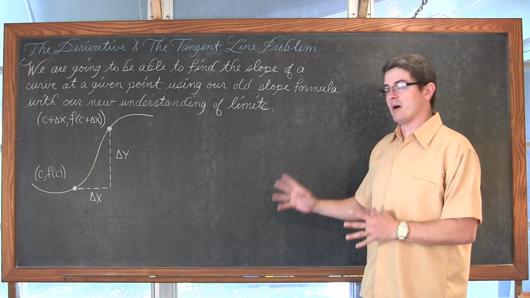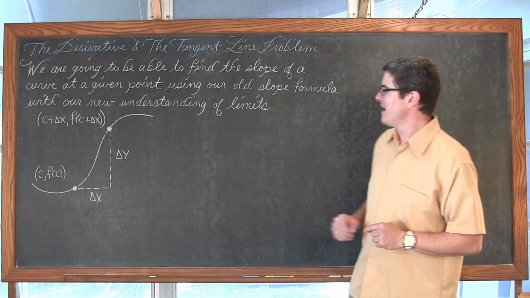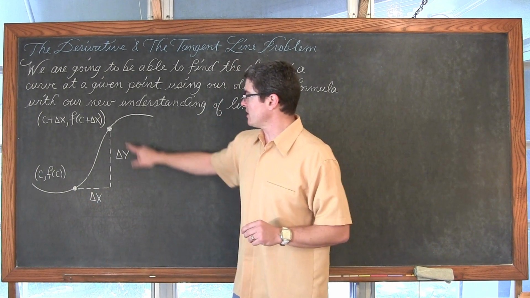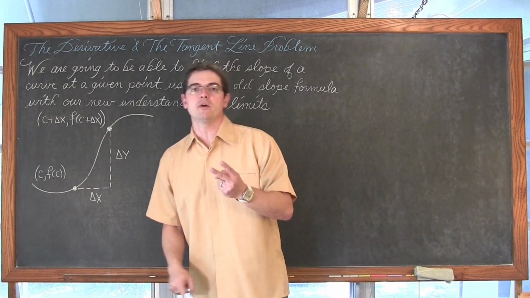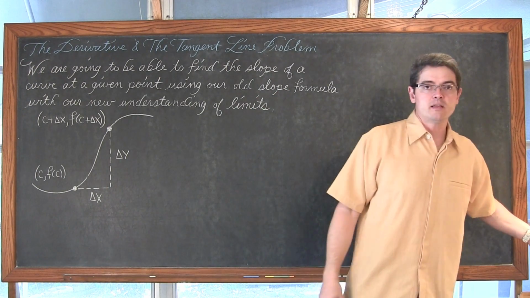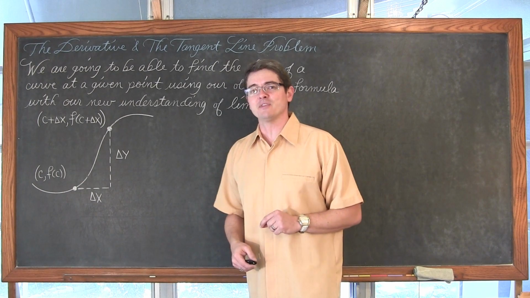So we've got a lot to talk about, but first thing I want to do is turn off the air conditioner so you don't hear that in the background and show you how the limit process will allow us to work with 2 points on a curve and find an approximation of the slope of the tangent line. And it'll be pretty darn accurate with this idea of limits.